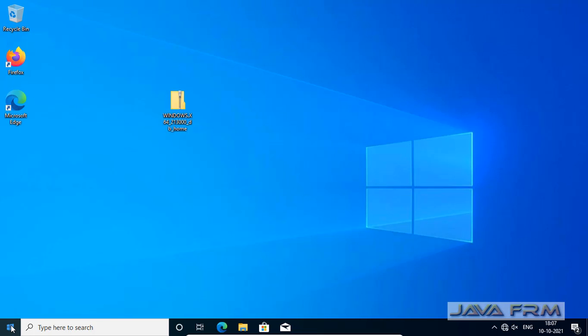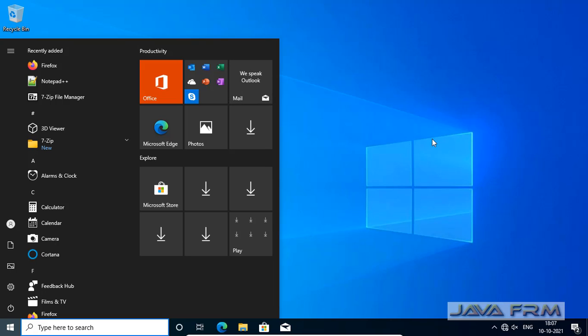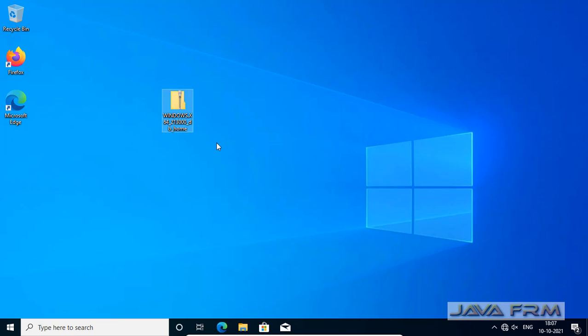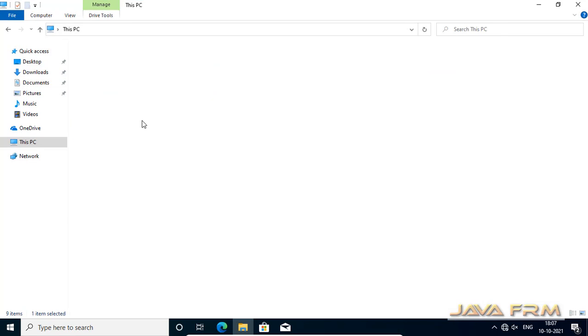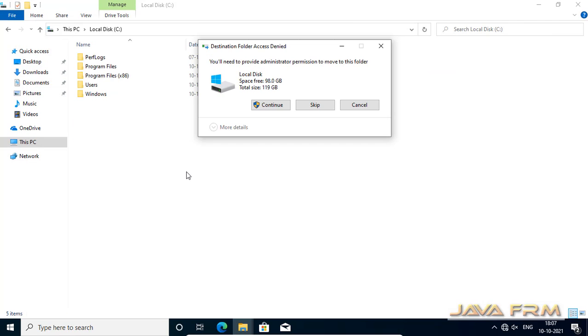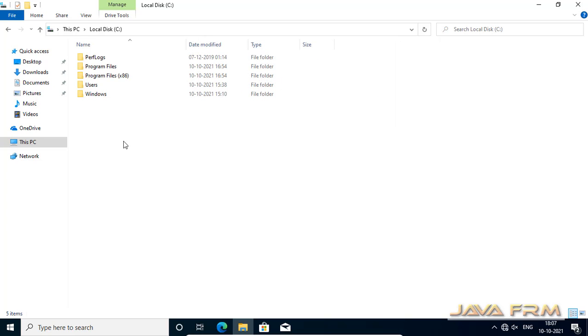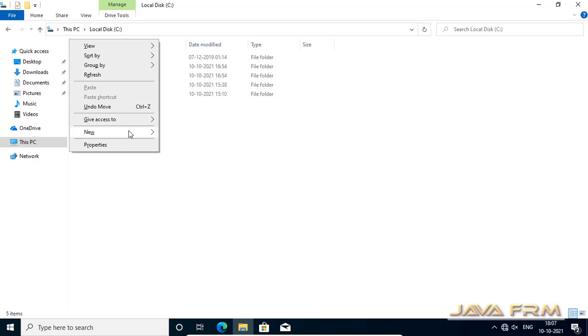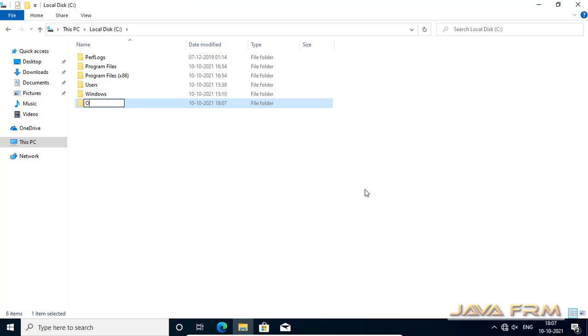Now I am closing this. Before I log out, I am going to extract this zip file. So I am going to the C drive and creating one directory, Oracle 21C.